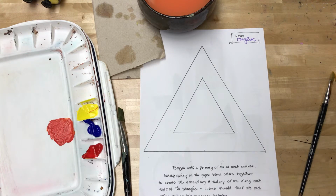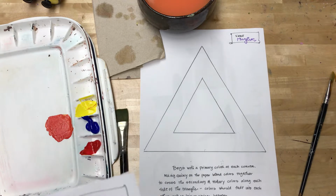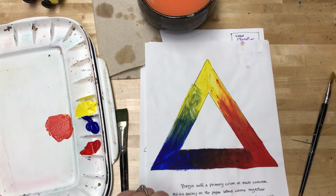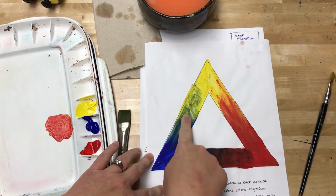And what this does for you is it allows you to blend paint inside your painting rather than relying strictly on paint colors mixed on your palette. So what we're going to be doing is making a variation of a color wheel. It basically ends up being a color triangle that looks like this. So our goal is to have the colors blend along